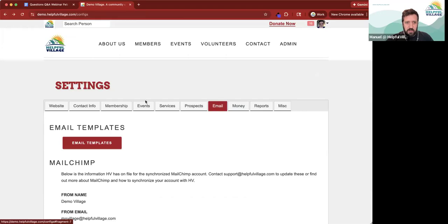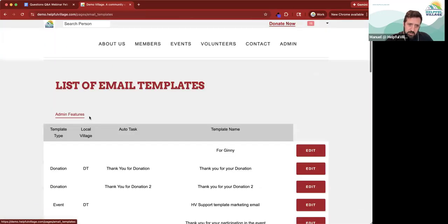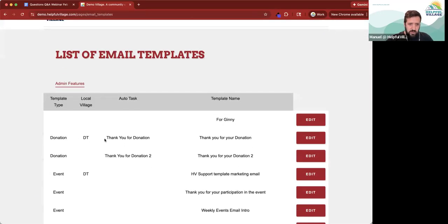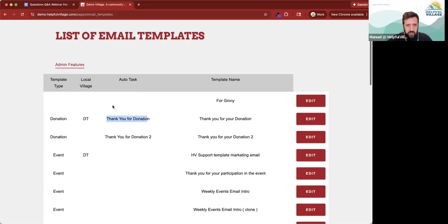So you can come down here, email, you come here to email templates. And then basically what you need to make sure is that you have a thank you for your donation template that is set to the auto task, right? So basically here, this is it. If I came to my list of templates, I already have this email template that is being used for the auto task. Thank you for your donation. If I click on this one,